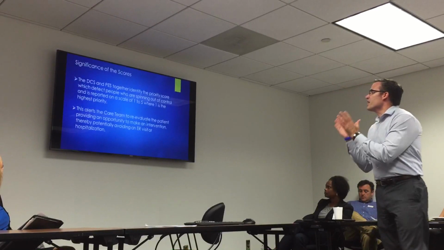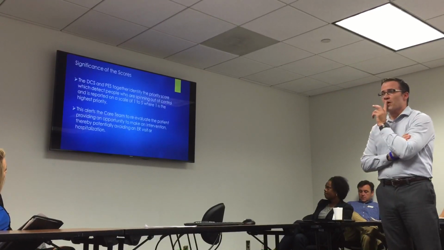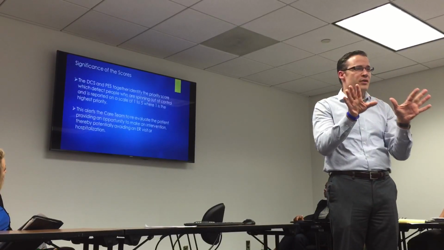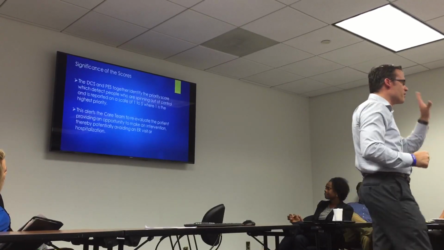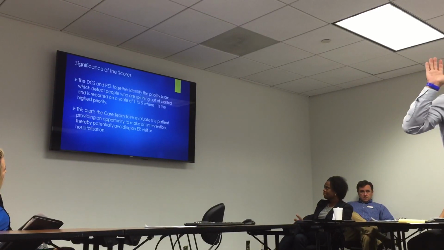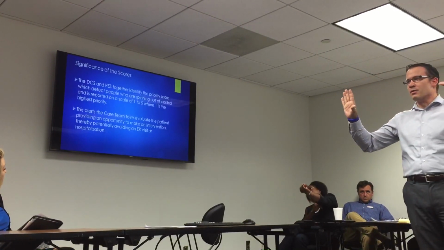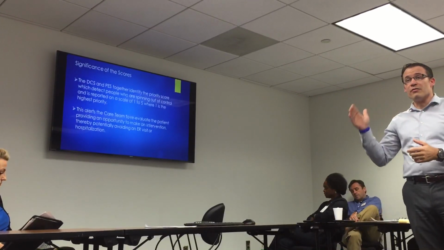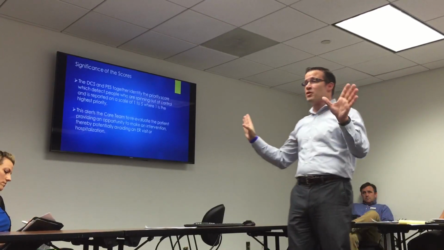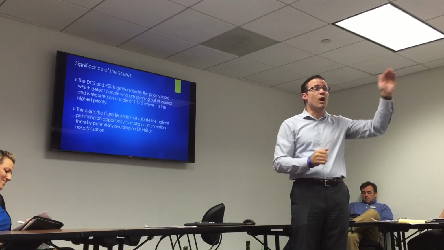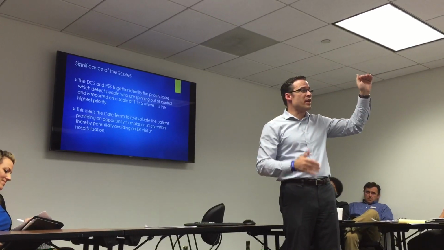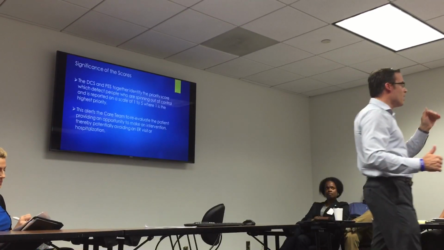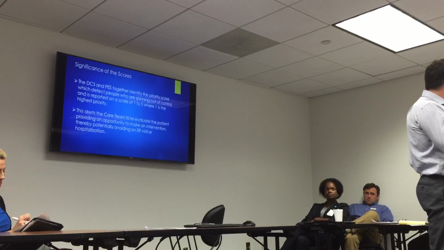So the DCS and the patient effort score together identify a priority score. We're going to take a 50-50. We're going to say the disease score is 50%, and we're going to say the patient effort score is 50%. Okay? These two scores are going to give us a priority score, 1 through 5. You may say, well, I want it 1 through 7. That's up to you. I'm just saying 1 is a patient that is the highest priority, 5 is the least priority. So when we run this and we see a disease score of 50, patient effort score of, say, 45,